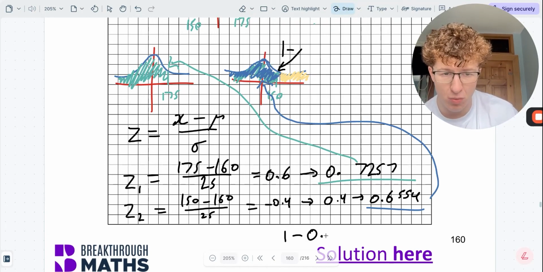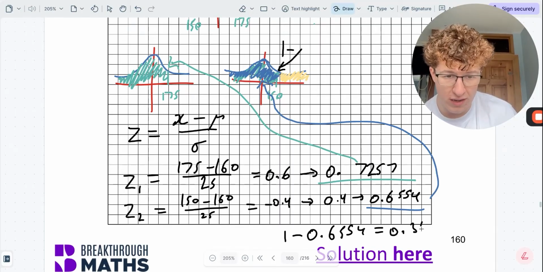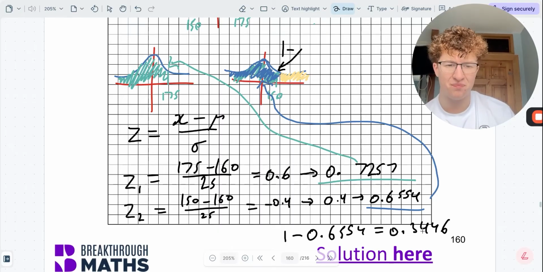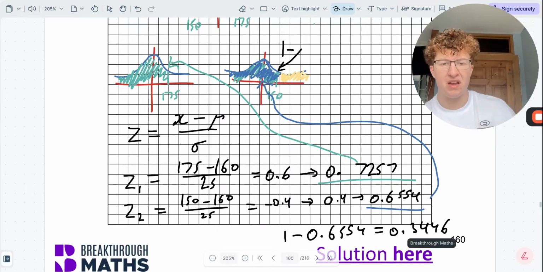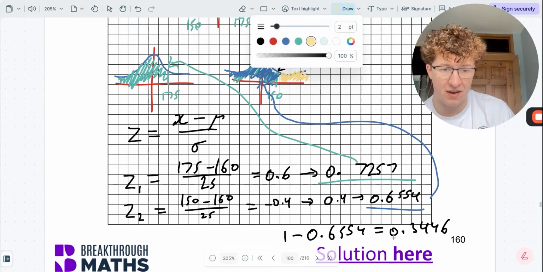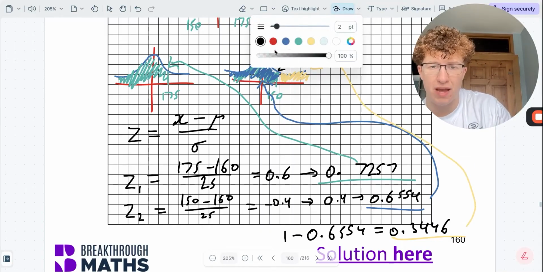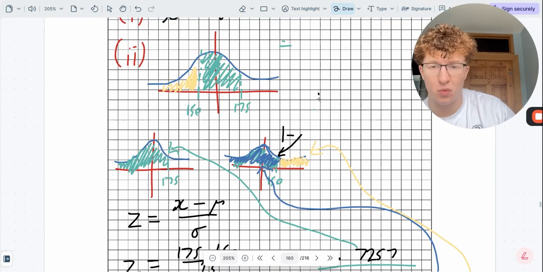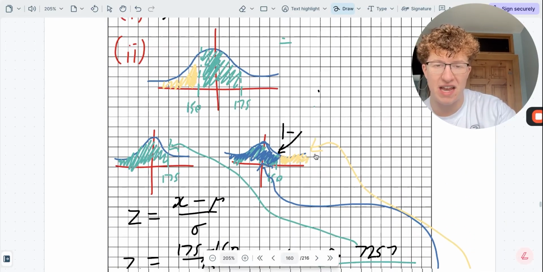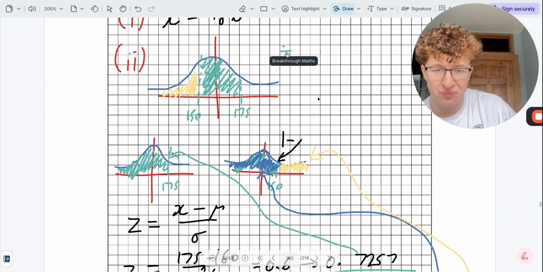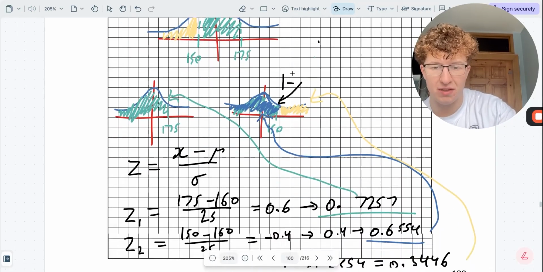So 1 minus 0.6554. So that's going to be what? 0.3446, I think. Perfect. So now that's the yellow area. This guy here. That's the yellow area. So our final answer, remember, go back up to the top. Our final answer was the green area minus the yellow area. So that means the answer is going to be, the green area was